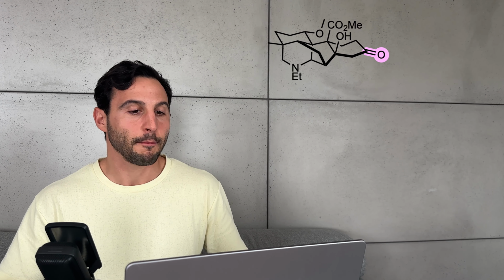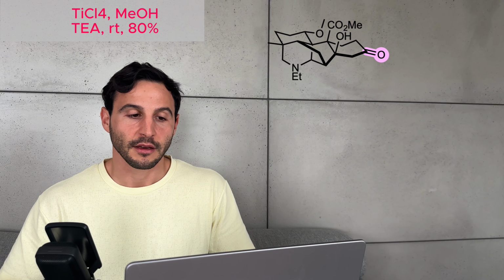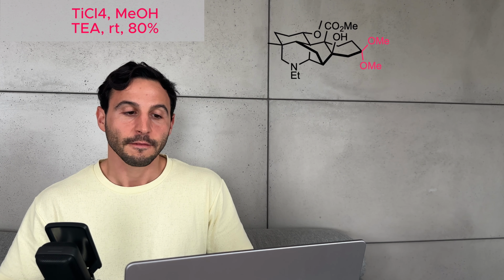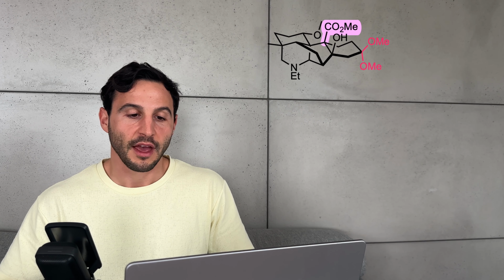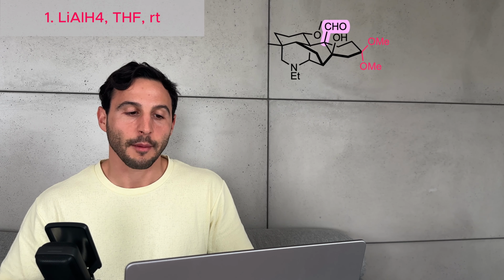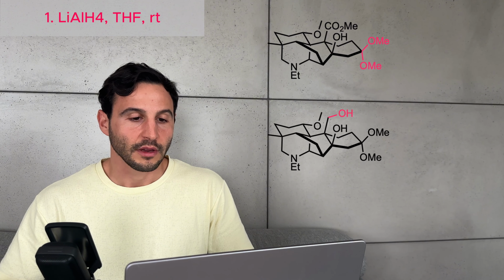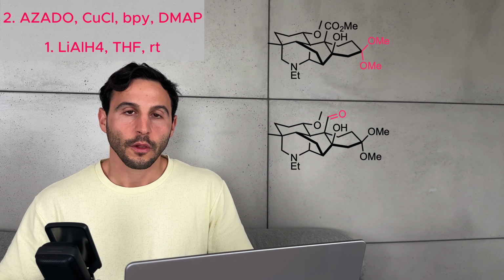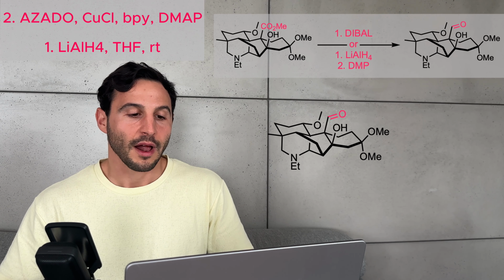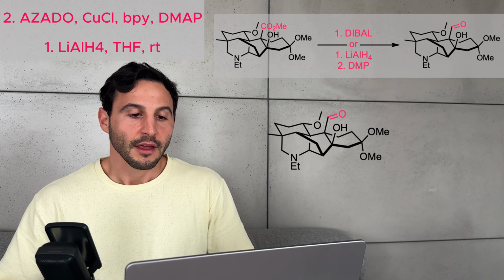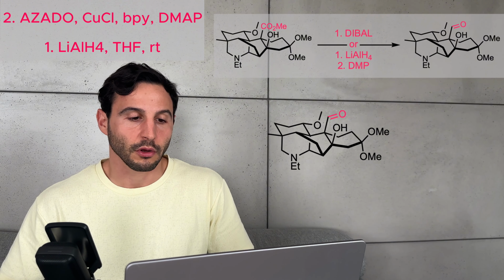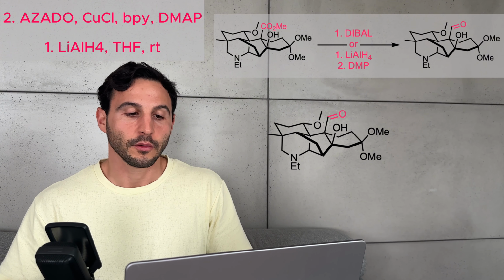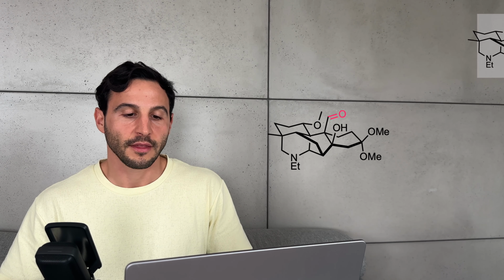The ketone of the pentacyclic product is then protected as the corresponding dimethyl acetal using a Lewis acid and methanol. This allows for the reduction of the ester to the aldehyde in 2 steps. First, reduction to the alcohol with lithium aluminum hydride, followed by oxidation. Although DIBAL can reduce esters to aldehydes in a single step, the reduction is sometimes difficult to control. Therefore, it is often more convenient to reduce the ester fully to the alcohol and subsequently oxidize it to the